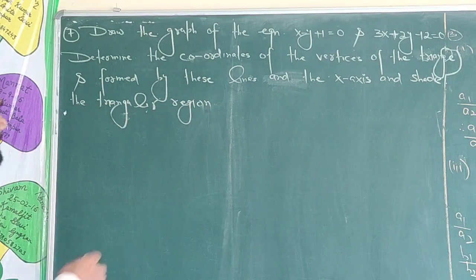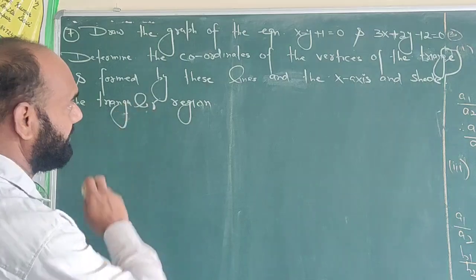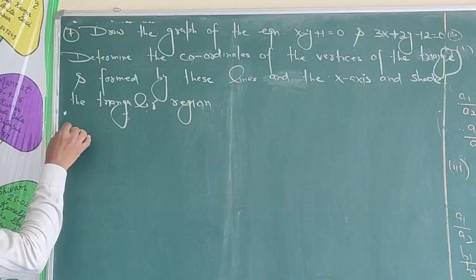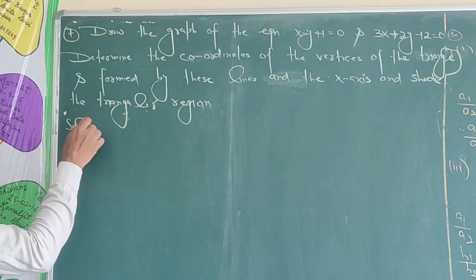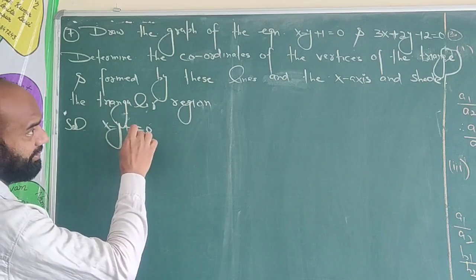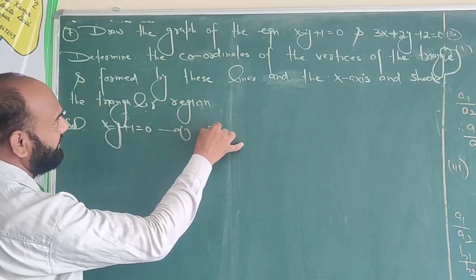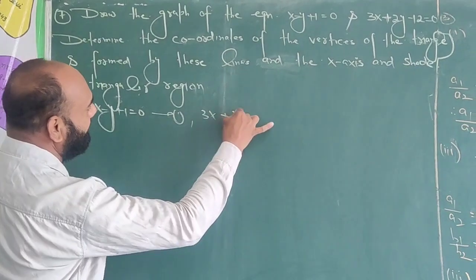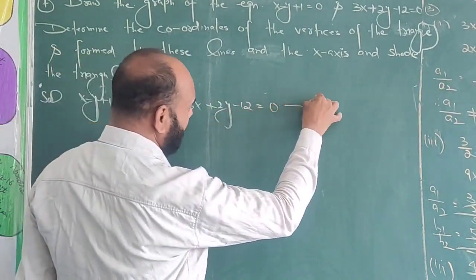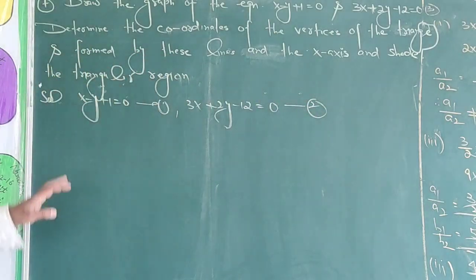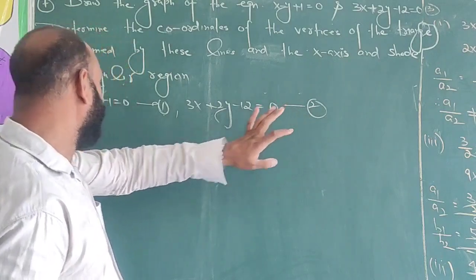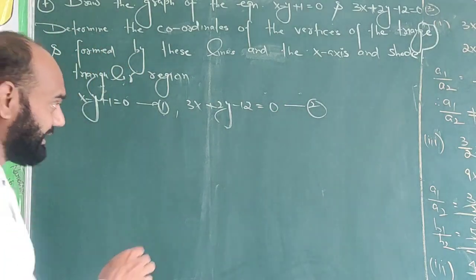So first of all, in this question we draw the graph of the equations of the lines. So the first equation is x minus y plus 1 equal to 0, and the second equation is 3x plus 2y minus 12 equal to 0. This is equation number 2. And first of all we make the graph of line 1, and then we make the graph of line 2. So first of all, this is the easy method